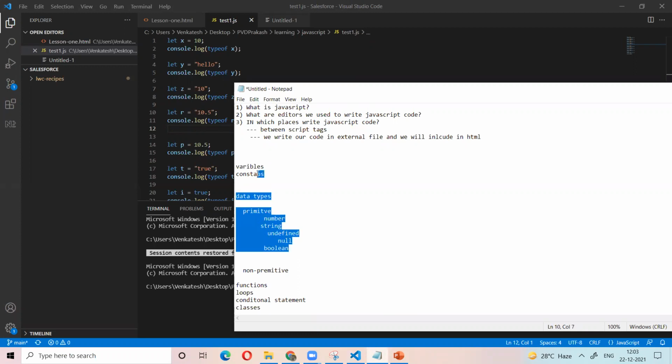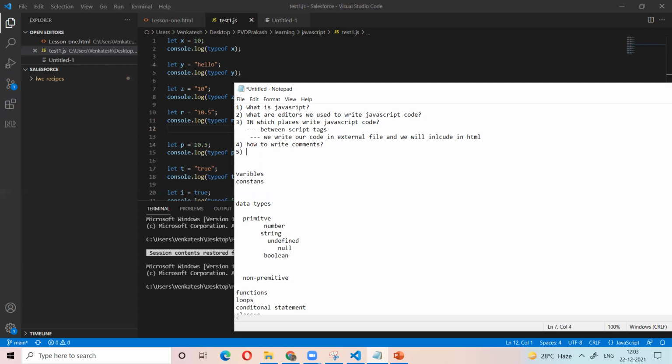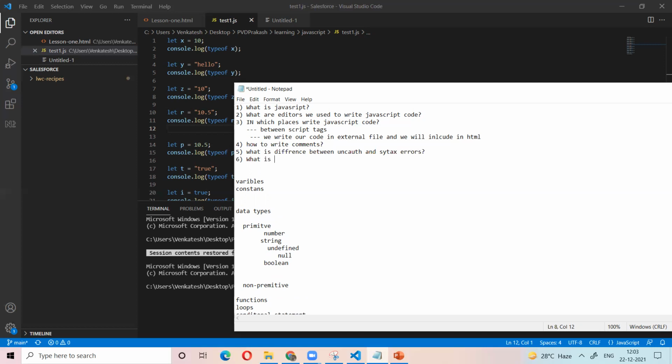I also covered how to write comments, the difference between runtime and syntax errors, and the difference between constants and variables.